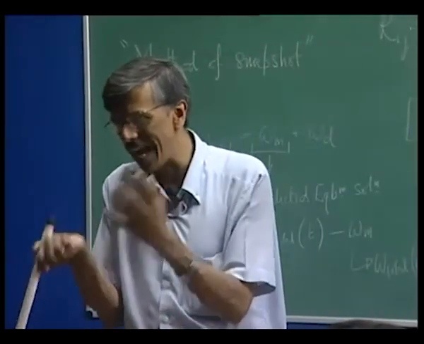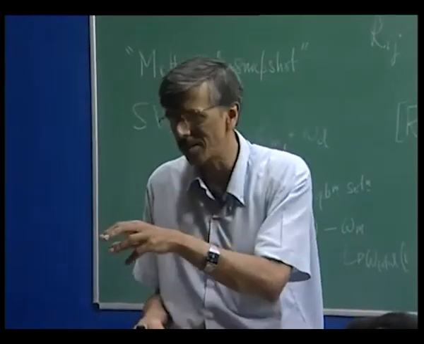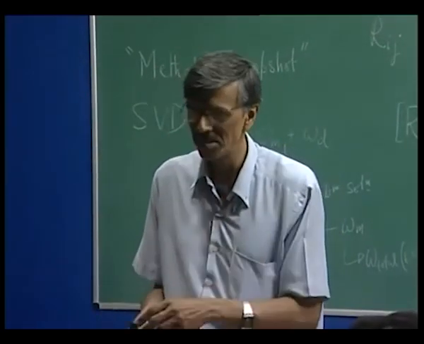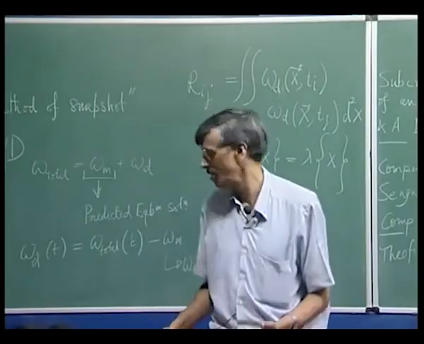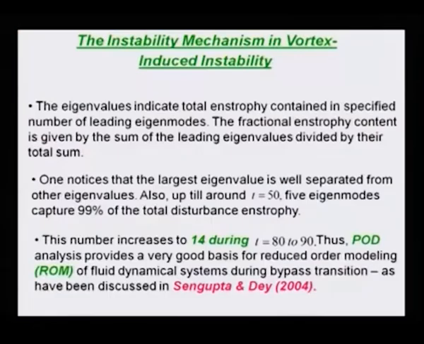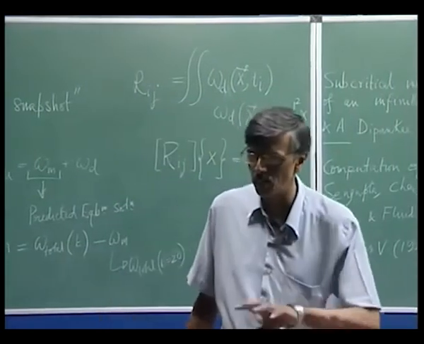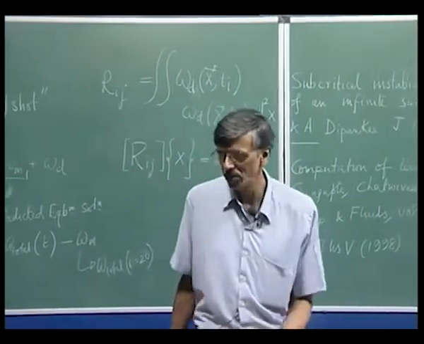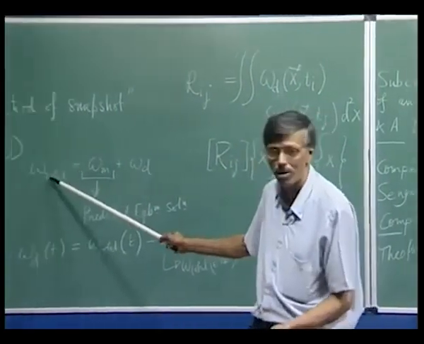You can just take this representation of space time separation, put it in the Navier-Stokes equation, make appropriate modifications or manipulations. You hope to get those dynamical system models for those time dependent amplitudes, and the amplitudes that we are talking about here are only 14 of them. So, this is what was originally proposed. We have taken it to a different level, because we consider that we have the solution correctly available with us. We have this available all the time.